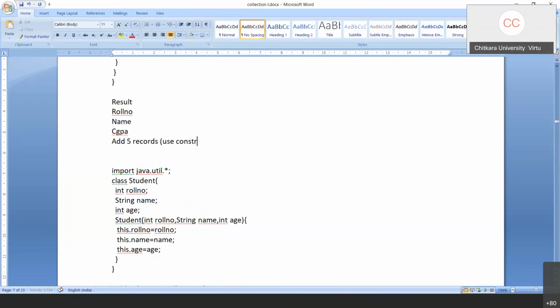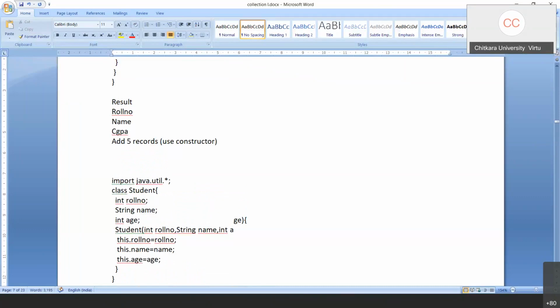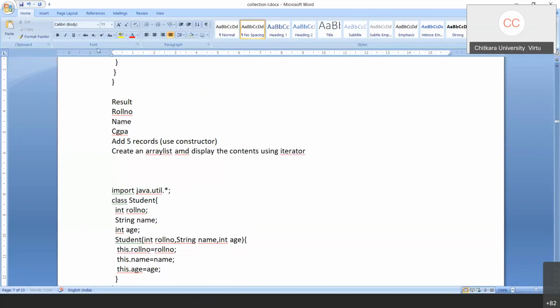Then create an array list and display the contents using iterator.